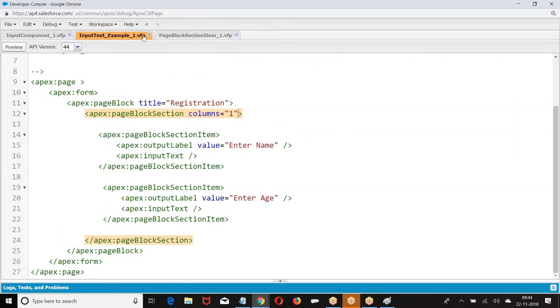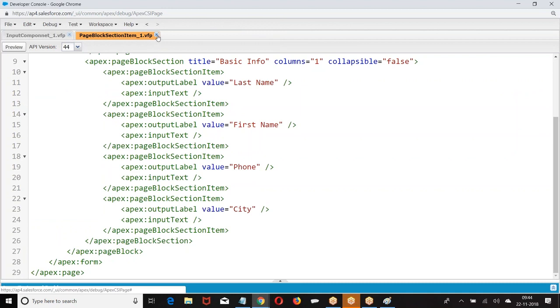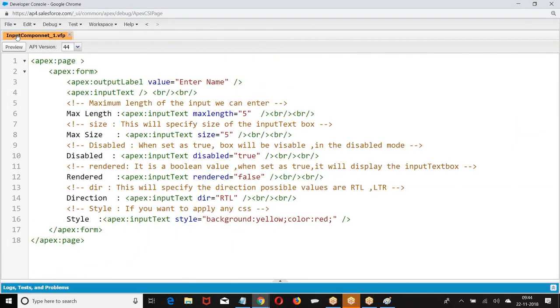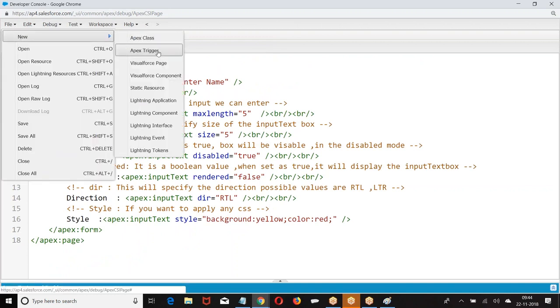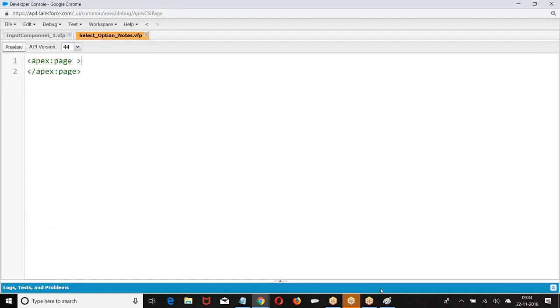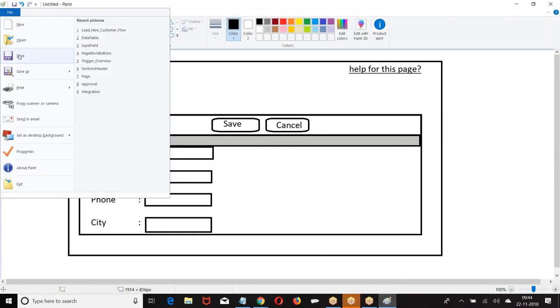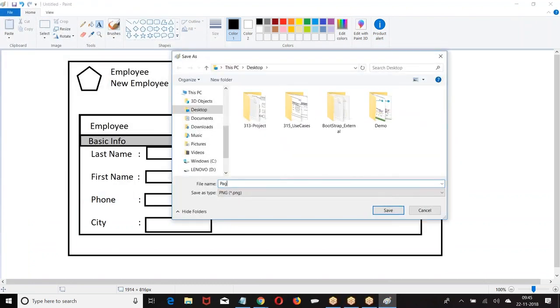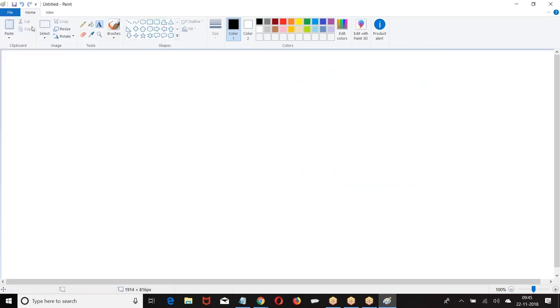We are trying to understand the next input components. Listen carefully, boss. Now we are supposed to understand how to create pick list options, radio buttons or checkboxes. Now, if I take a pick list, now I created radio buttons.